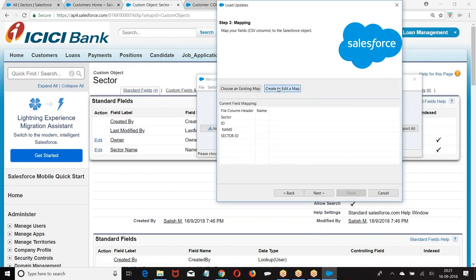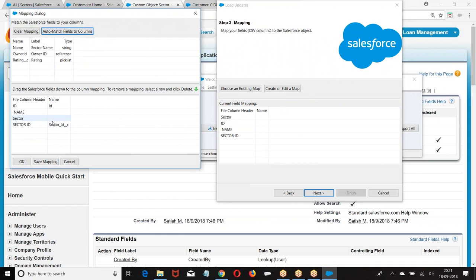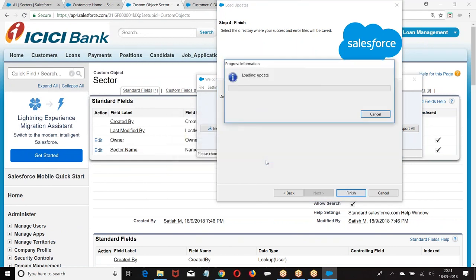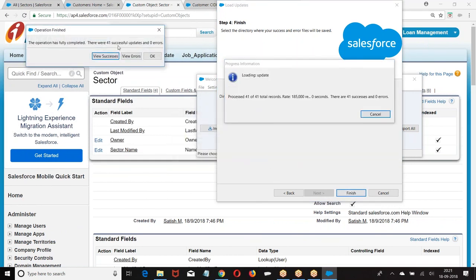Okay. Now create a map. What was this? Sector name. Mapped it. Next. So if you want to update, what is the mandatory thing?